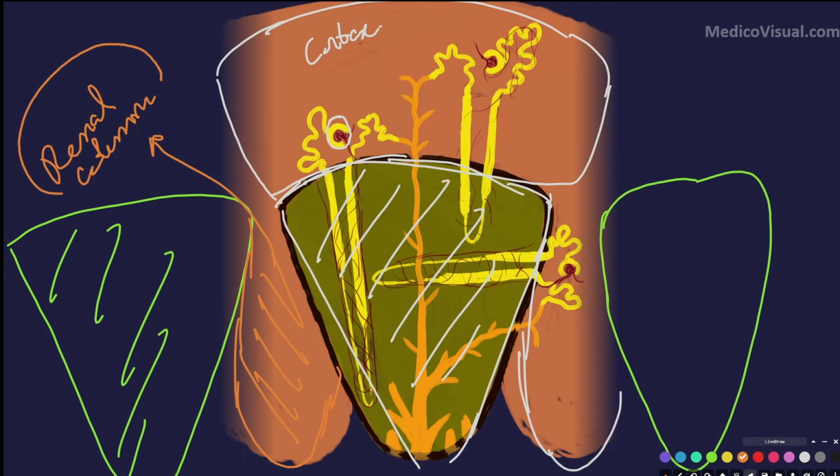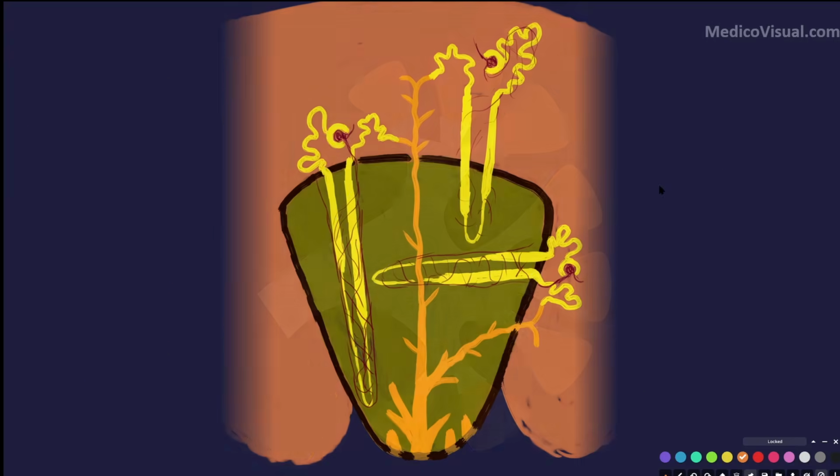What they say in the textbook is that the renal column is the extension of cortex into the medulla. Right, so this is the renal column, and its histology is very similar to that of the cortex, in that it also mainly consists of the renal corpuscle and proximal and distal convoluted tubules, but collecting tubules and some part of the loop of Henle may also be within this renal column.